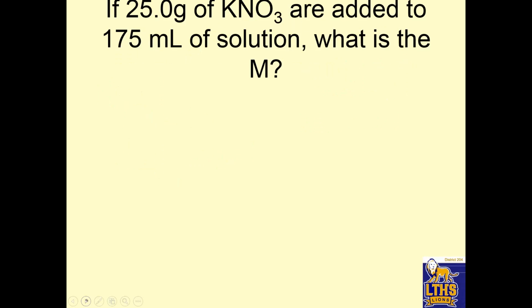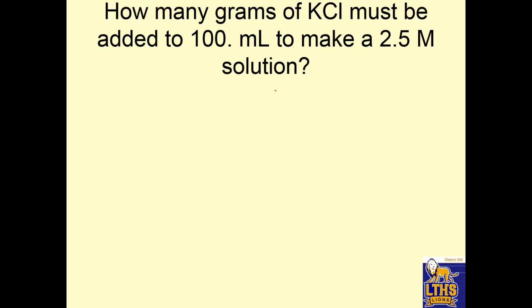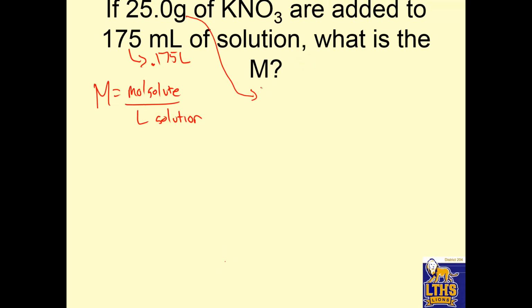25 grams of KNO3 are added to 175 milliliters of solution. What is the molarity? Remember, molarity equals moles of solute over liters of solution. Well, I already know that's going to turn into 0.175 liters. Right? We learned that last slide. 25 grams, though, I need to turn that into moles. So, let's hop back here. 25 grams of KNO3